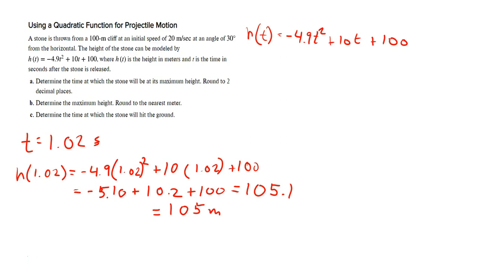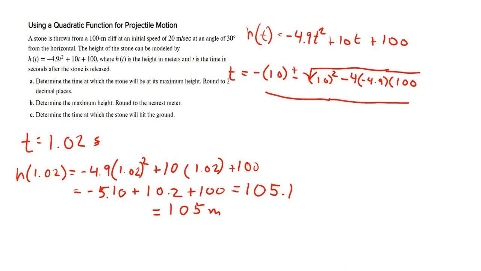Using the quadratic formula, t equals negative 10 plus or minus the square root of b squared, 10 squared, minus 4 times negative 4.9 times 100, divided by 2